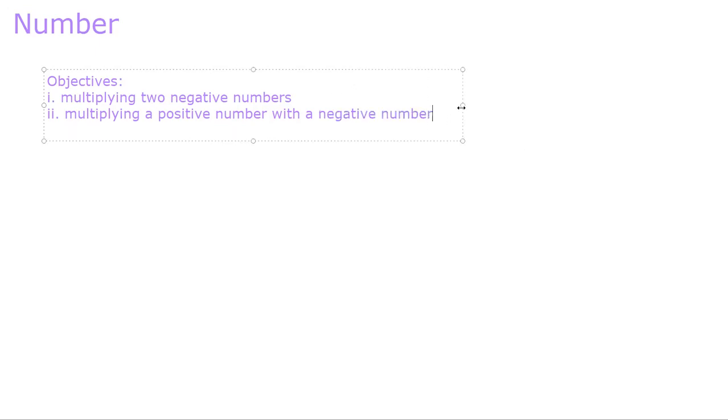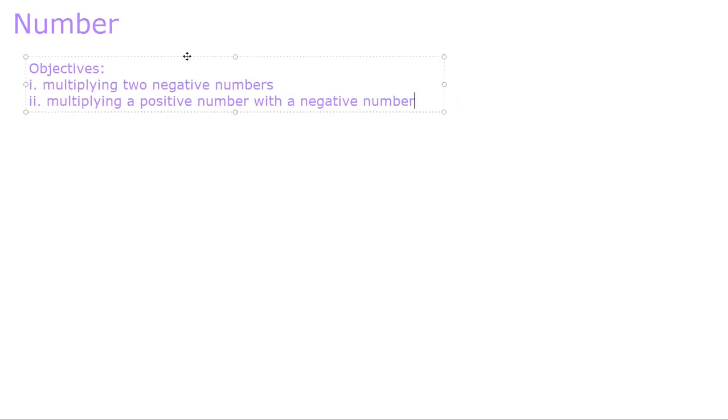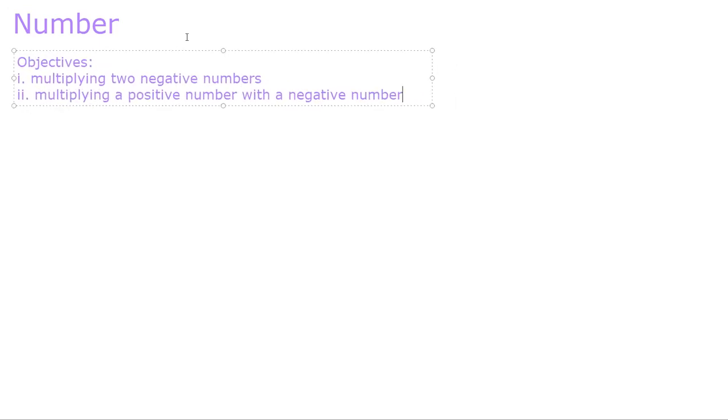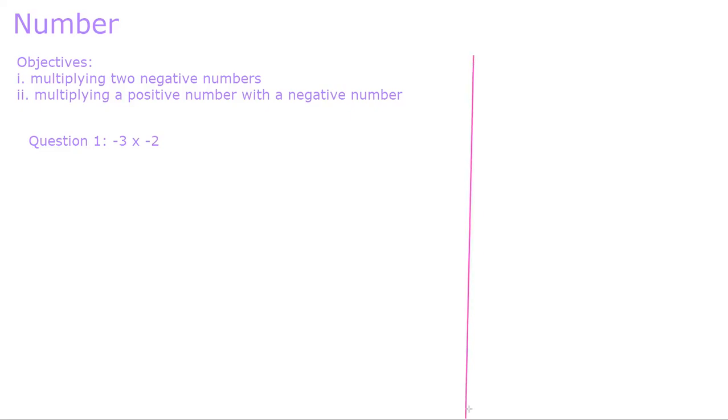So what do I mean by multiplying two negative numbers and multiplying a positive number with a negative number? For example, we have a question like this. This is question number one. The statement is we have to multiply -3 with -2. Previously, we have done the addition and the subtraction of negative numbers. Just for a quick review, I'm going to solve some examples